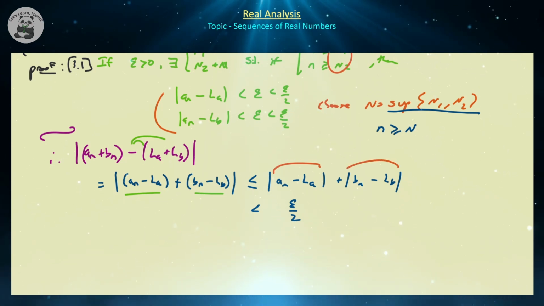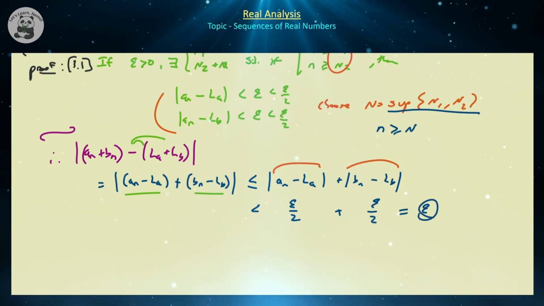And this is true, the second one is true if you choose n to be bigger than n2. So if you choose n to be bigger than the supremum of n1 and n2, then both are true simultaneously. So that's why we need to choose that particular n, right? And epsilon over 2 plus epsilon over 2 is equal to epsilon, and epsilon is an arbitrarily small but positive